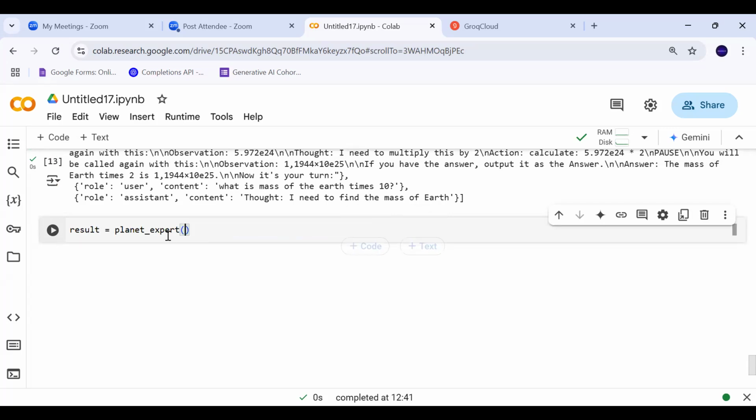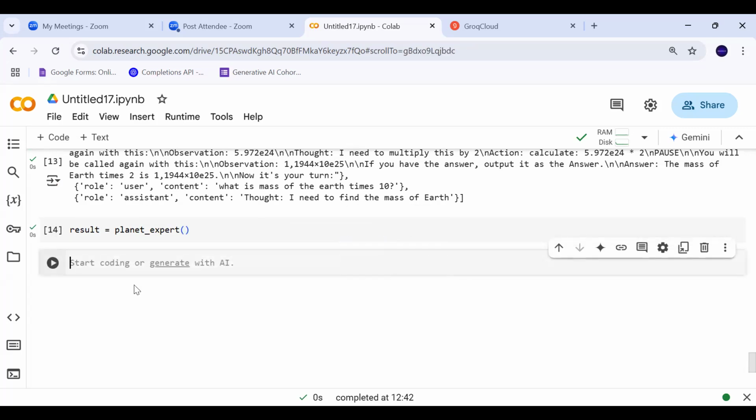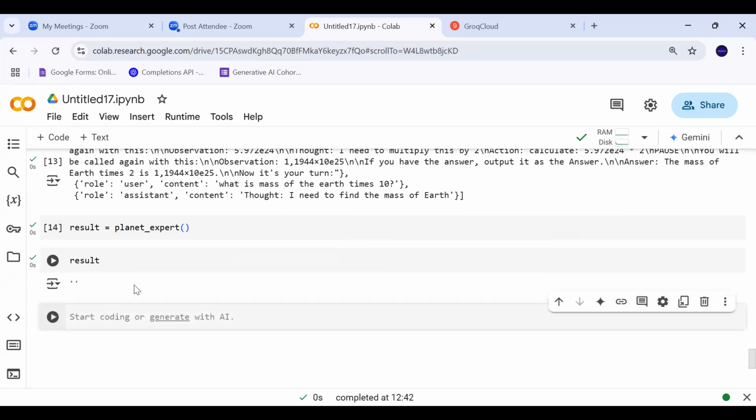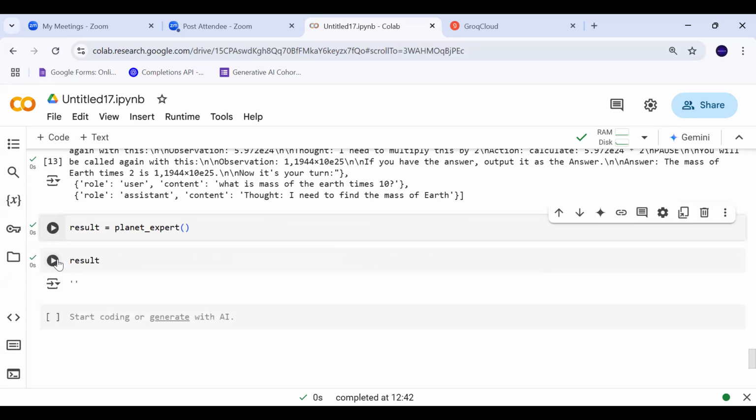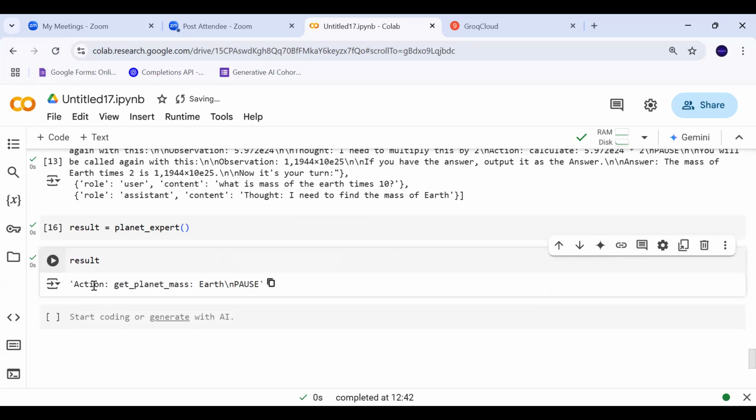What we want is to invoke the LLM again with its own answer, the thought. So when I do that, it will generate the action.